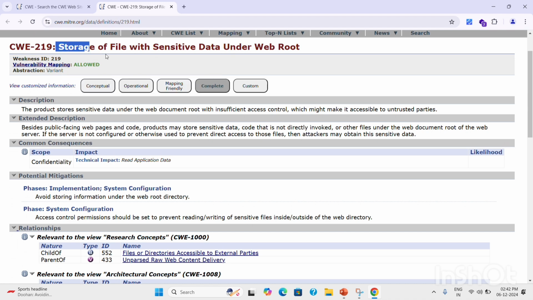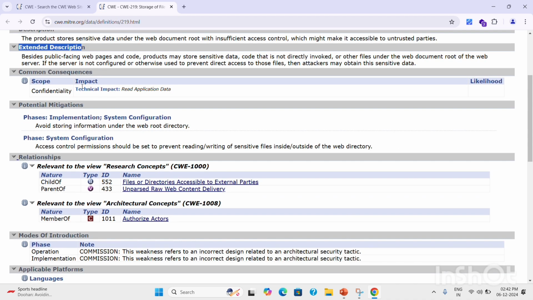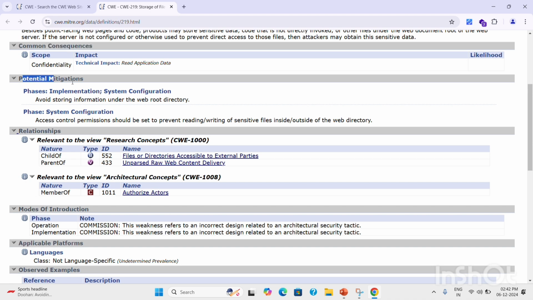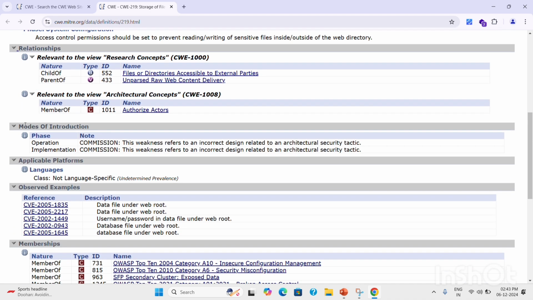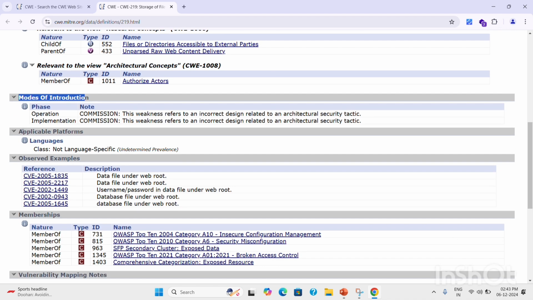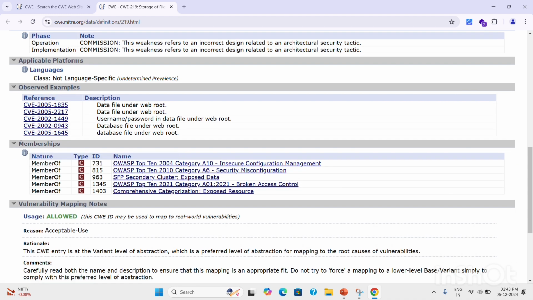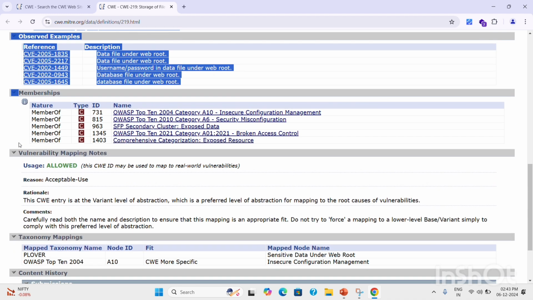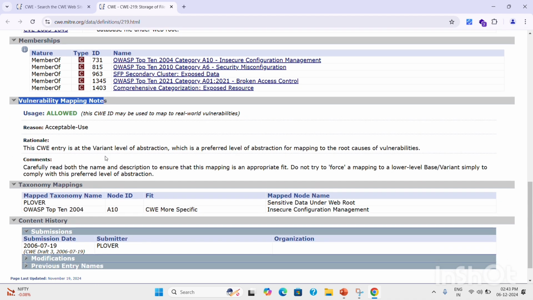CWE 219, Storage of File with Sensitive Data Under Web Root. Their description, extended description, then common consequences, potential mitigations, their relationships, modes of introduction, applicable platforms, observed examples, their references and descriptions, memberships, and there we have their nature, type, ID, name, then vulnerability mapping notes,